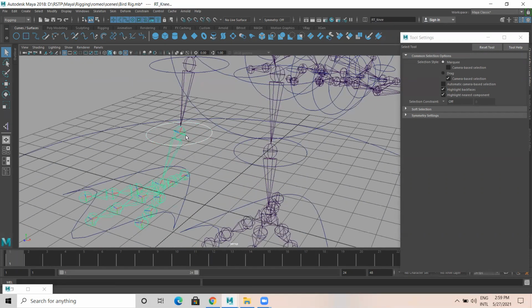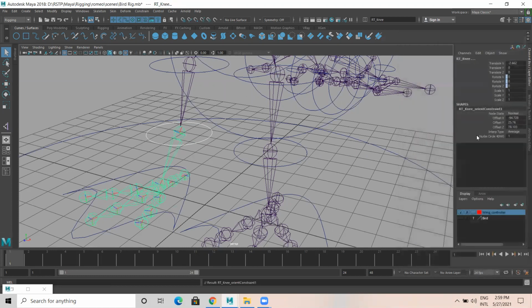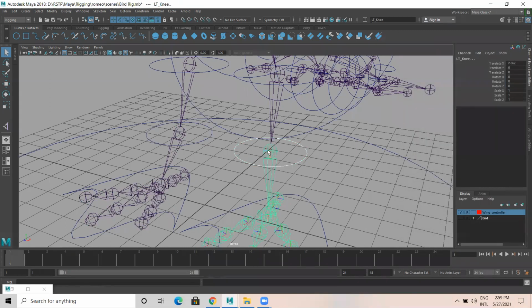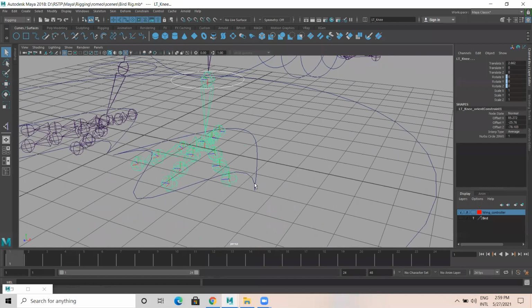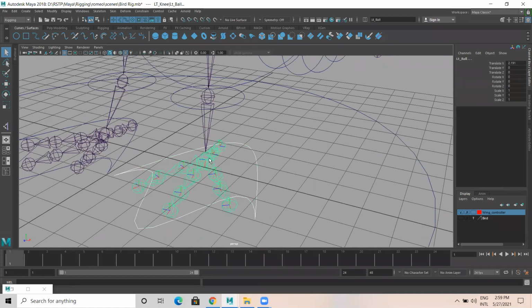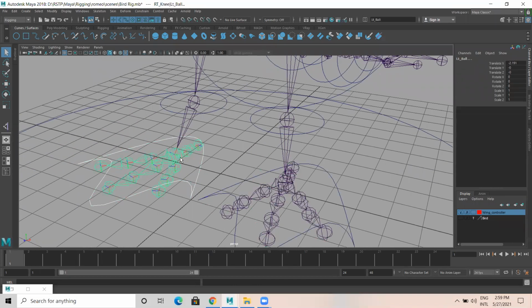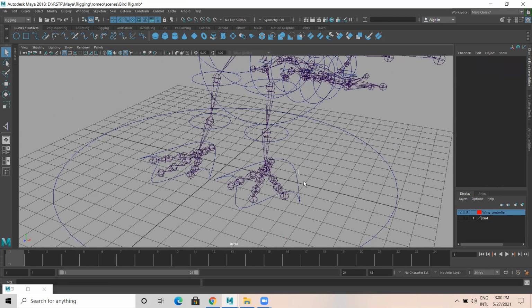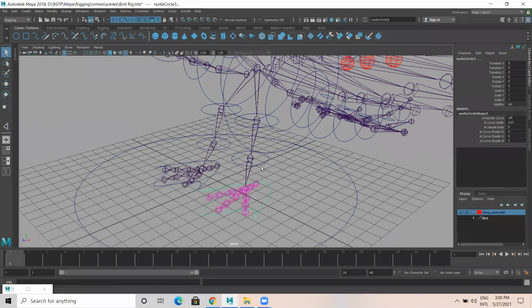Select this one and the joint, G, repeat last tool, orient constraint. Select this and this, orient constraint. For the leg part, select this and the ball here, G, orient constraint. Select this and this, orient constraint. So everything is done. Now what I'll do, I select this and this, parent. This should be child of this one and this should be child of this joint, parent. Select this and this, P. Select this and this, it's P.